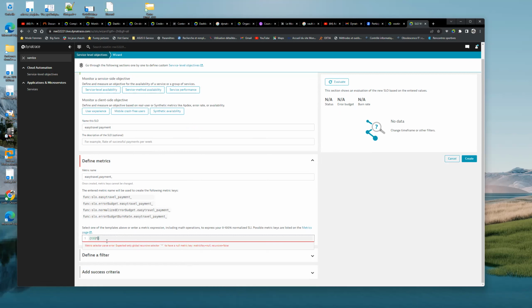Then again open the bracket. What's the formula? Successful. You should type whichever metric name you have given. You type payment request successful, divided by